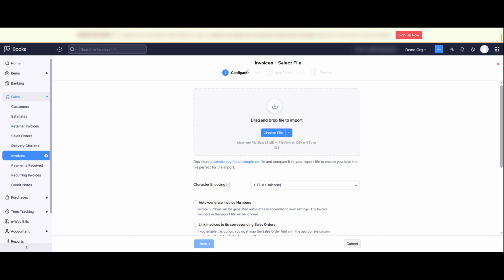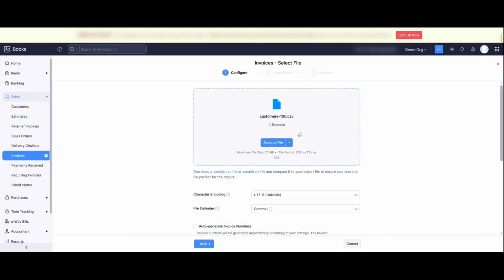After clicking the Import option, you will see a button labeled Choose File. Click on Choose File and select the CSV or Excel file from your computer that contains the invoice data you want to upload. Once the file is selected, Zoho Books will begin processing the spreadsheet so it can read the data inside it. The next step is one of the most important parts of the entire process, and that is